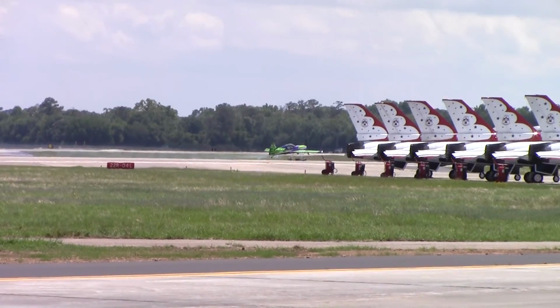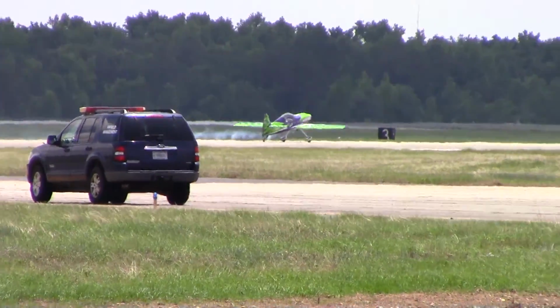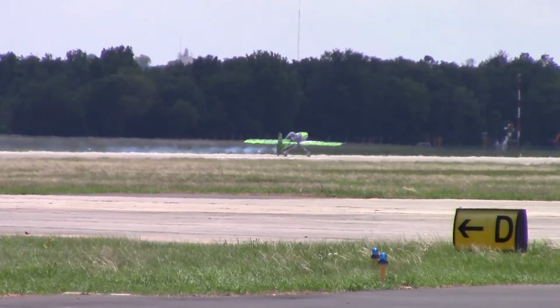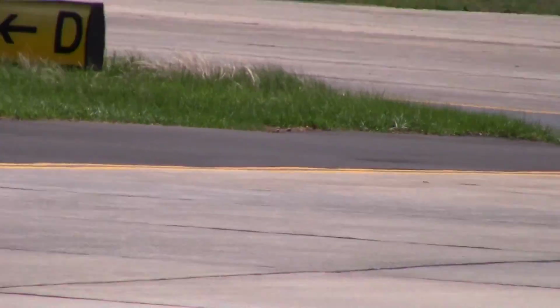We're glad that Gary made it from Lincoln to Georgia, working through some pretty heavy weather, but he got it done, and he'll come taxiing back in front of the crowd. Now you can't hear. One of the engines still running, but also he's wearing a noise attenuating headset, which